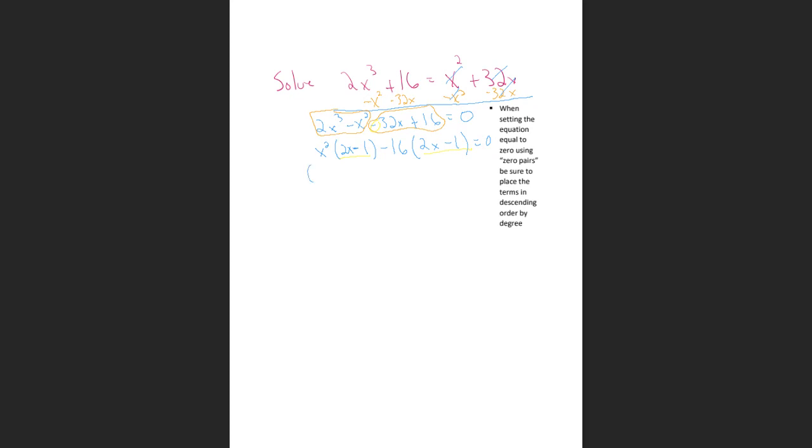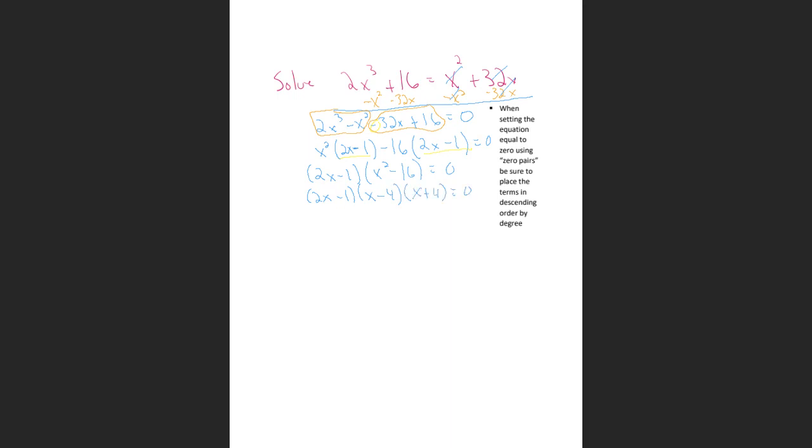So I'm going to pull out the 2x minus 1, and I'm left with this x squared minus 16 equals 0. Again, the 2x minus 1 is not factorable, but the x squared minus 16 is a difference of squares. 4 squared does give me that 16. So it's going to be x minus 4 times x plus 4, and that's going to equal then